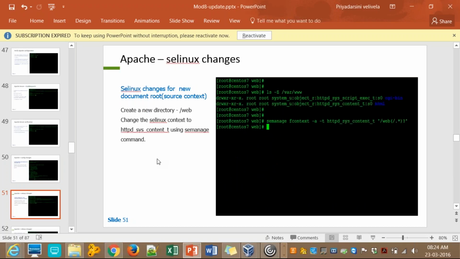Now, with respect to SELinux, as I said, there are 3 different types of contexts that are available, and we will restrict ourselves to the type-based context. So we are going to quickly check the context that is available under /var/www. All the default files and processes will have the corresponding context that will be present in the system. We need to check the context and configure the same for the newly created location. Here, as you can see, we are using this command called semanage, with a typical regular expression that helps to